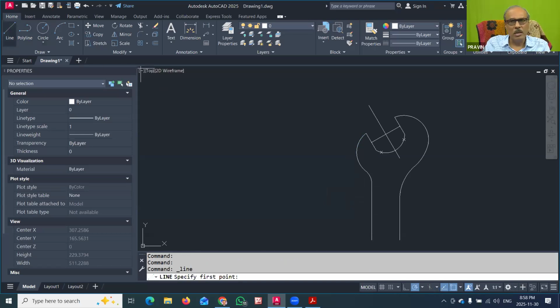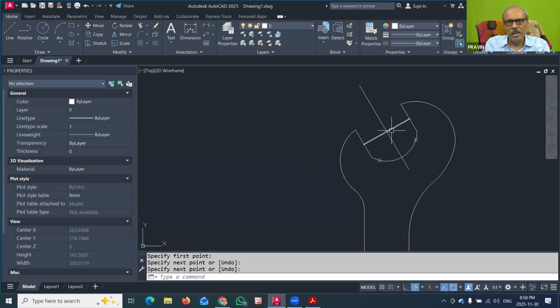Now we will click the line command and just make it straight. This is the part of the spanner. Now these two cross points are not required, so we can change that. These center lines are there, and if you do not need them, you can either make them dotted or you can load the center line.